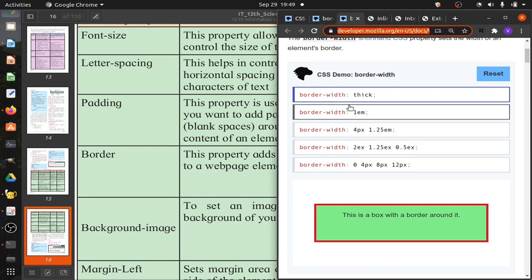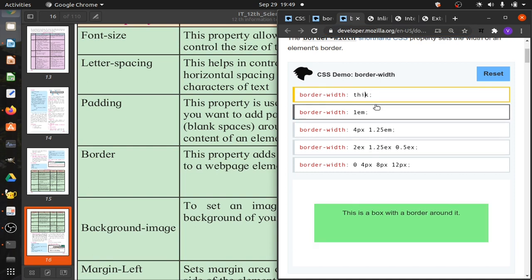One more, we can go into details, like we can define the border width in different ways. Now this is a thick border, so let us change that. Three different values are possible: thick, thin, and medium. Let me change this thick to thin.